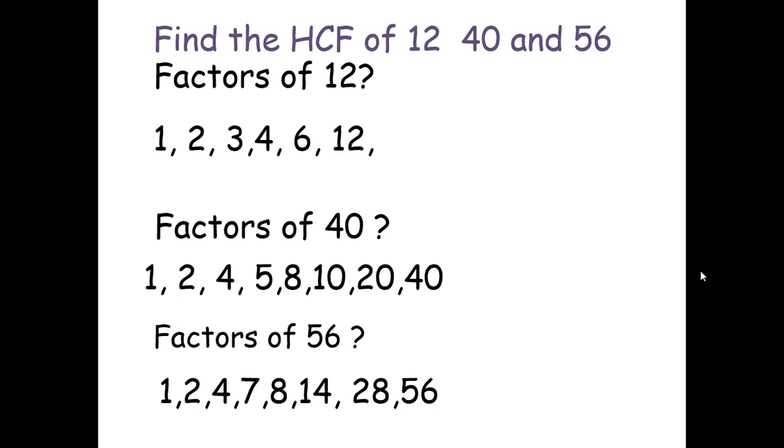We've got to find what number appears in all of them. There's a 1 in all of them. There's a 2 in all of them. There's a 4 in all of them. Now there is an 8 in these bottom two, but no 8 in 12. So 4 is the highest common factor. So the highest common factor of these 3